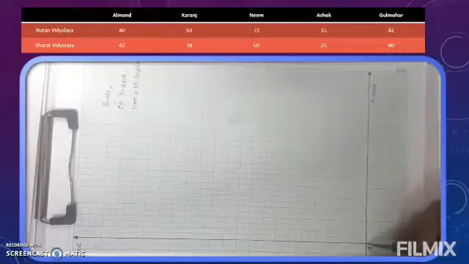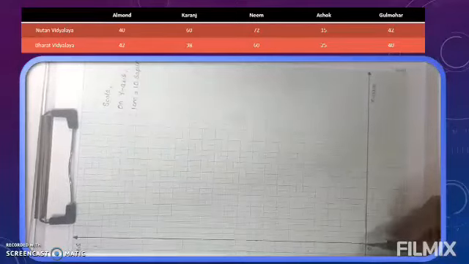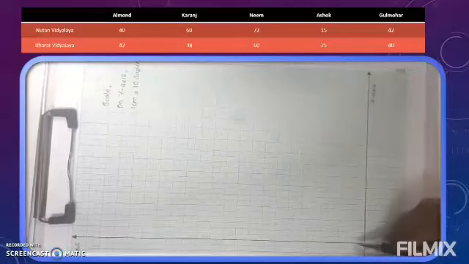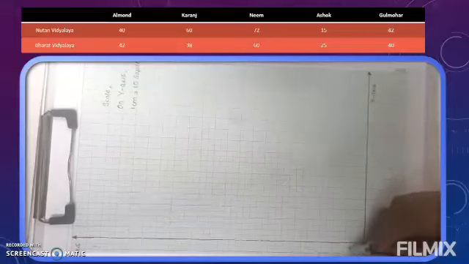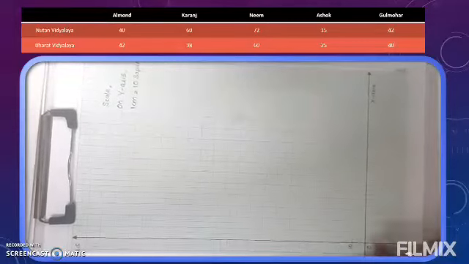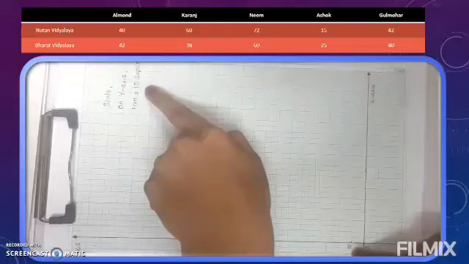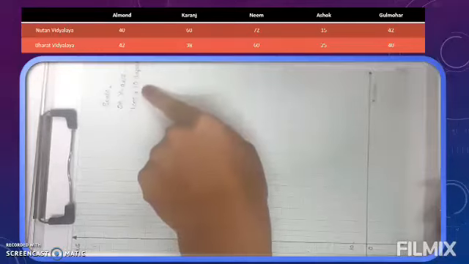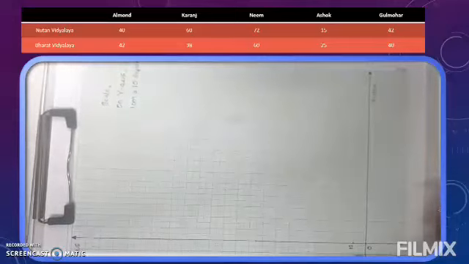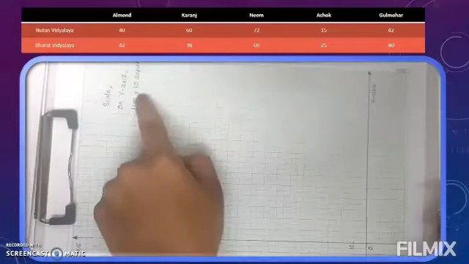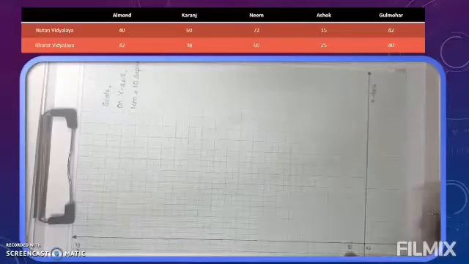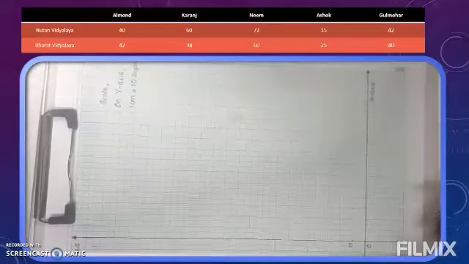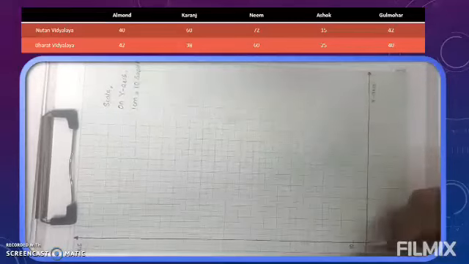So what we will do here, where you have marked 0, after that on whatever darker green line you can see, we will plot one small dot and we will start writing from number 10. Why? Because we chose scale 10, which means you have to start from number 10. Whatever scale you choose, you begin from that number. So go on adding 10, 10, 10, or another way is to write the table of 10 or multiples of 10.